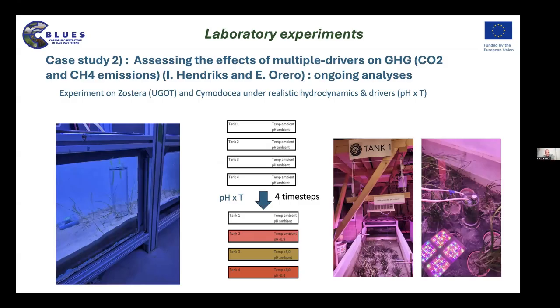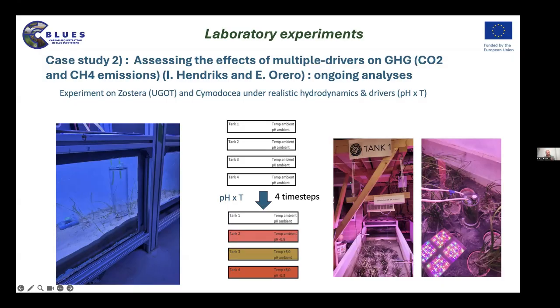Another case study: we have been not only working in the CBRUS project on the metabolisms, we also work on greenhouse gas. So Chiaoli did a very nice talk on this topic, but I just wanted to mention that we also did some experiments. This was mostly done by our colleagues from the CSIC in Spain, Iris Enriques and our student Emma Orero. The analyses are still ongoing, so I'm not going to show you a result here, but basically